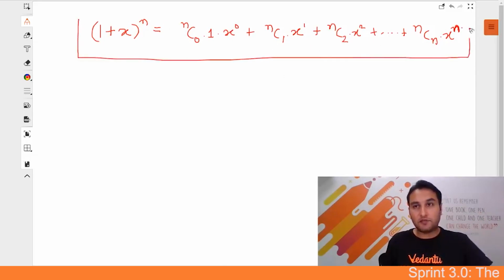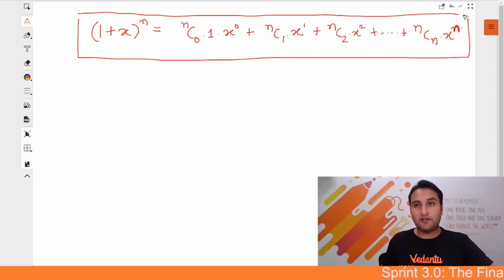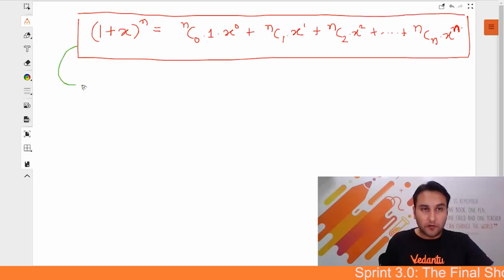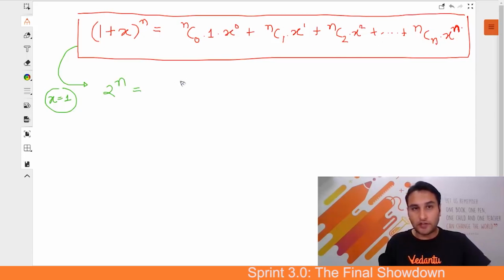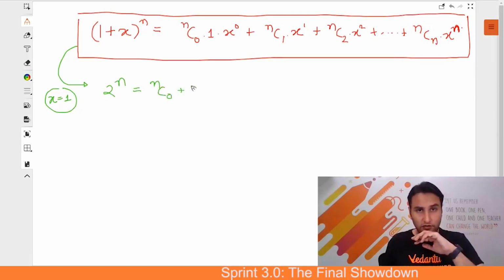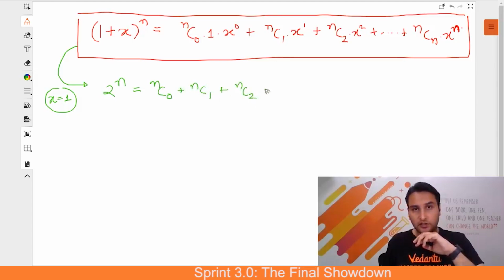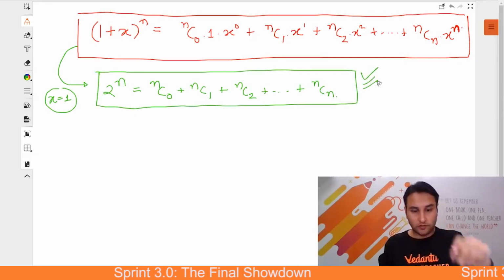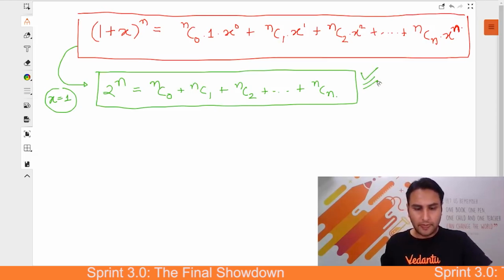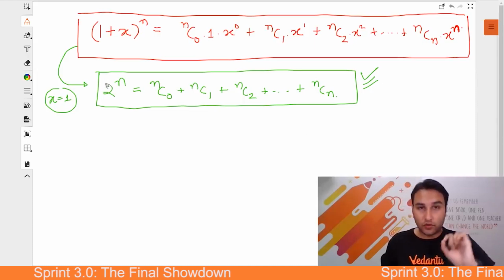This is very important because a lot of theorems can be derived with this. Do step 1. Put x equal to 1 in this. As soon as you put x equal to 1, how much will this become? The left hand side will become 2 raised to power n and your right hand side will become what? Put x equal to 1 everywhere. nC0, nC1, nC2 up to nCn. That is your proof. Yes or no? ठीक है? Clear? All right? Understood?